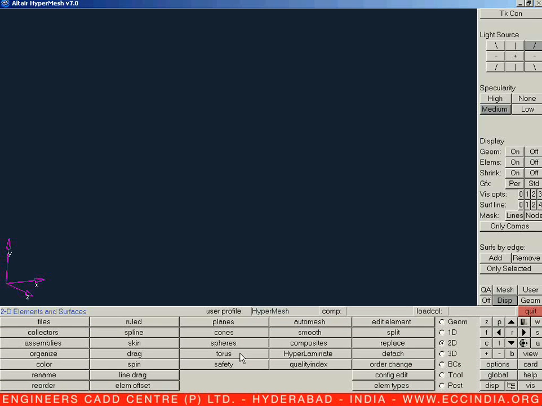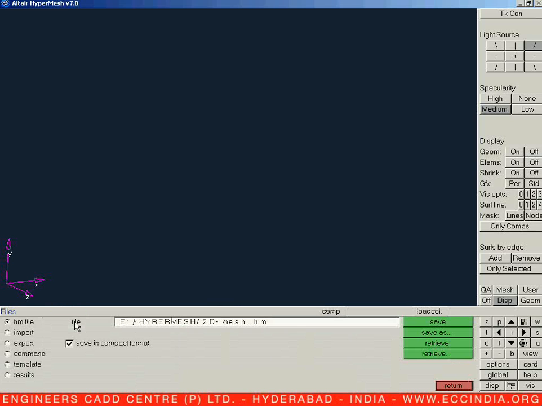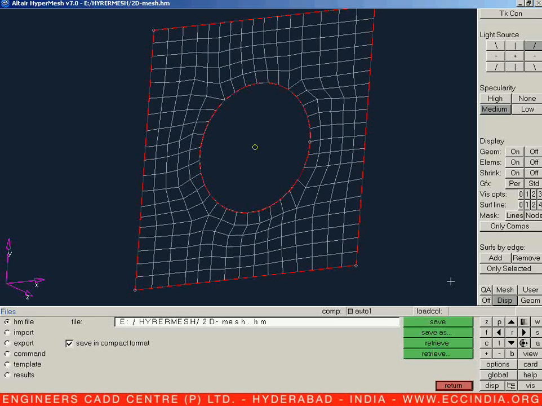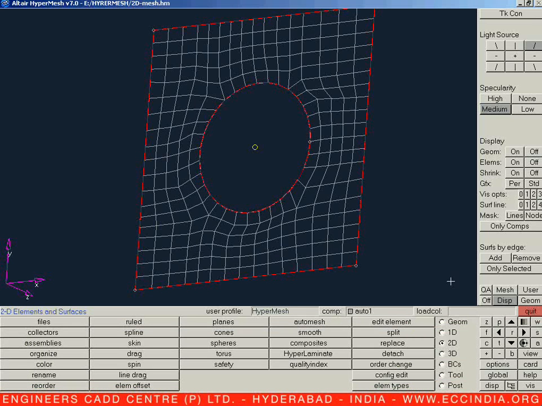Now if I want to again regain that particular model, let us say open it. So again enter in a file. In the file, our extension of that particular file will be .hm. So let us say hm file. Hypermesh saves in .hm format, and let us say retrieve the last one. Let us click on that one, retrieve, browse your working folder, select that particular file and let us say open. Once we say open, the same model will open over here.